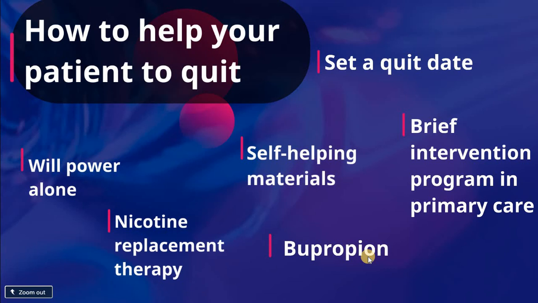And we have other methods. Whatever works for the patient is good, in addition to a combination of the above. Techniques for smoking cessation can include intensive counseling, motivational interviewing, cognitive behavioral therapy, hypnosis, and acupuncture. So these are the ways that we should take while we're trying to help our patient to quit smoking